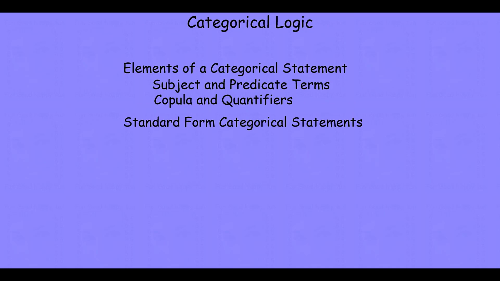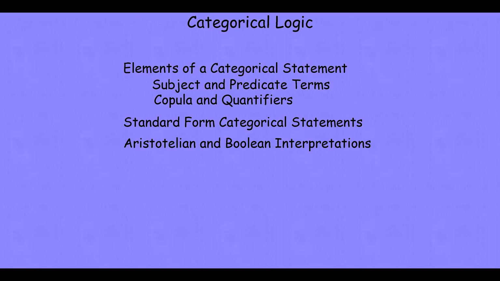Once we've clearly delineated the elements of a standard form categorical statement, we'll specify the four standard form categorical statements that we'll use to spell out our entire logic. Those four statements, together with the negations, will be everything that we consider in categorical logic. Now, those categories in these categorical statements have two different interpretations. There are two different ways of understanding categories. The Aristotelian or traditional interpretation, where every category, every class has to have at least one existent member, or the modern or Boolean interpretation that does not have that requirement. They can have empty classes, classes that specify nothing.